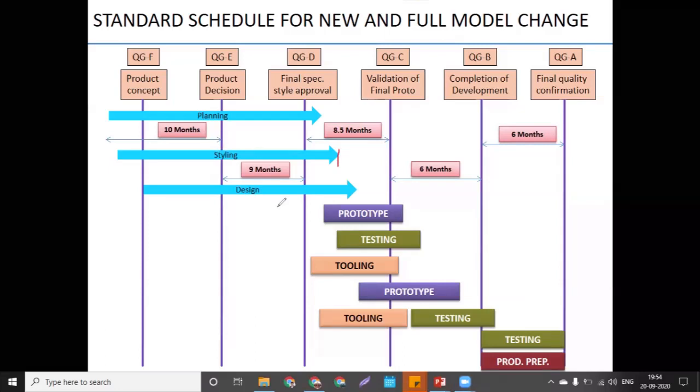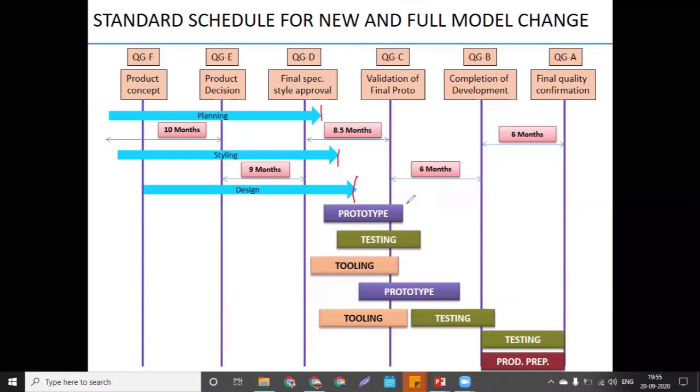Why are they going to change the styling? Because now I am working on the different areas, door, body. So I will check with the master section from the assembly point of view whether anything is not feasible over there. So I will submit my queries to the style team. Based on that, they will change the style many times. So it will happen 4 to 5 times up to quality gate D. That is called styling will freeze over here. Planning will freeze over here. And the expected design should freeze at the middle of quality gate D. Okay. Means your complete detailed design should be completed at the middle of quality gate D.